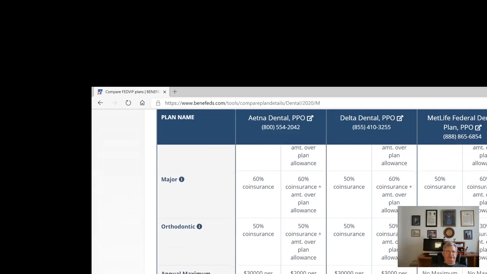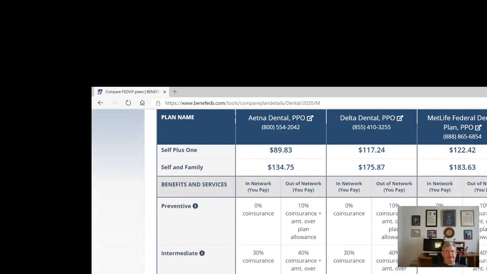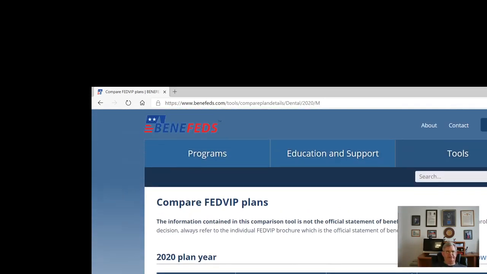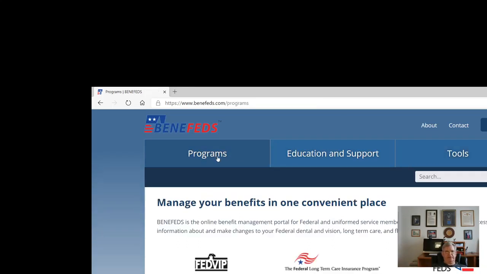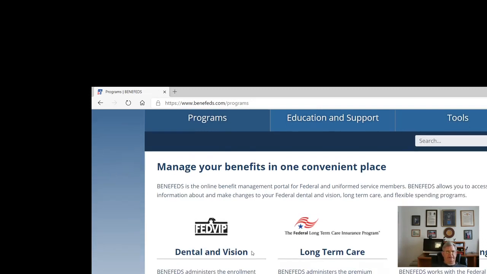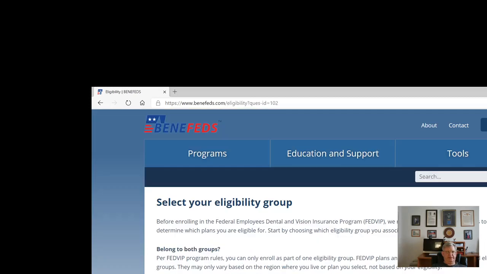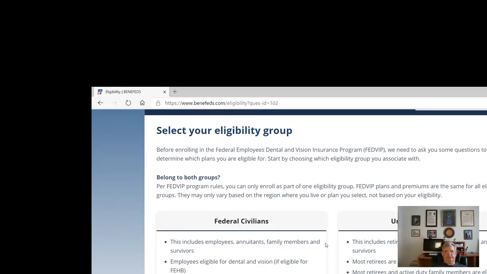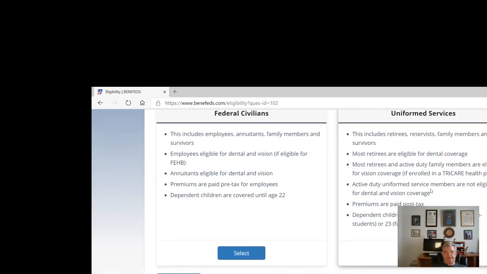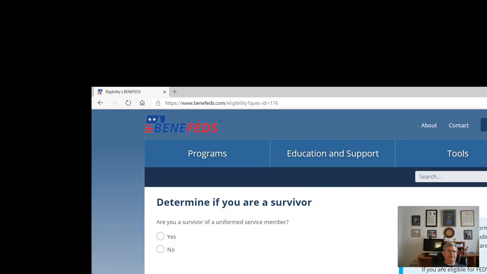Anyway, after you get finished doing that, you go back to the main benefits page. Well, actually, you don't. You just go over here to this programs tab, and you click on it, and you've got your dental and vision. You want to enroll, so you click on the enroll button. Military retirees fall under the uniform services group. So you would select it, and it'll take you to a series of questions that you have to answer to